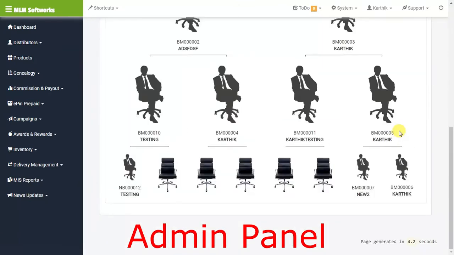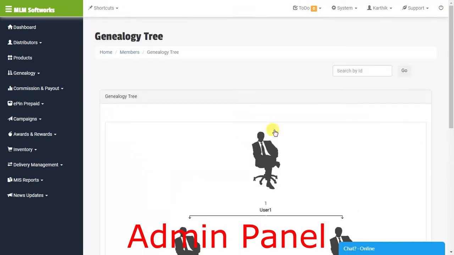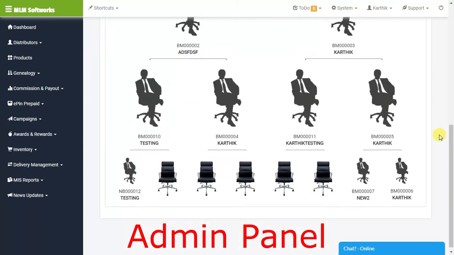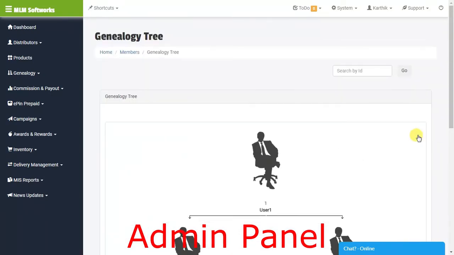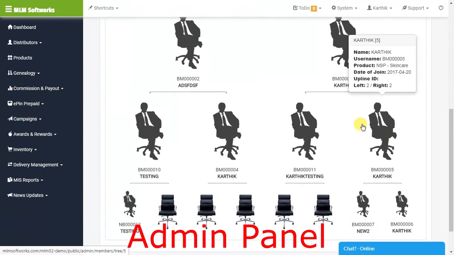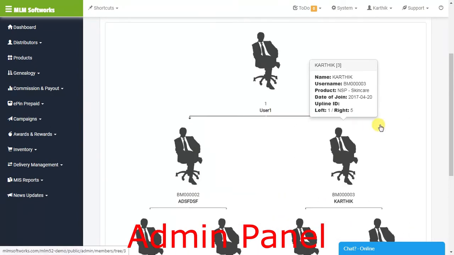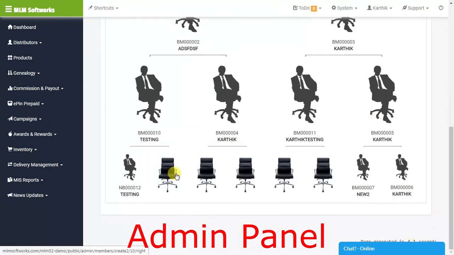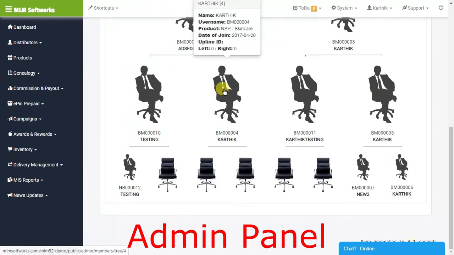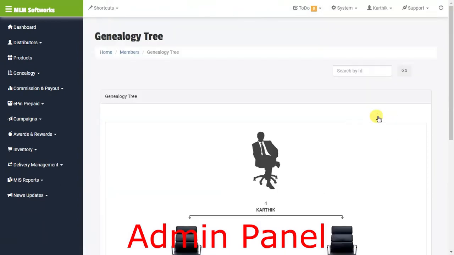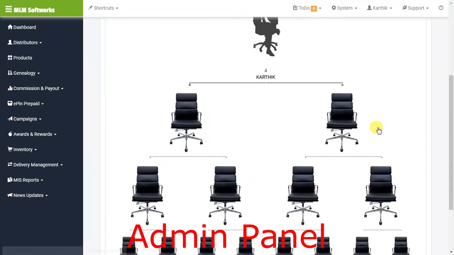So here is the member. First member's genealogy tree. The tree goes to unlimited depth. Click on any member in the tree and see his own downline.